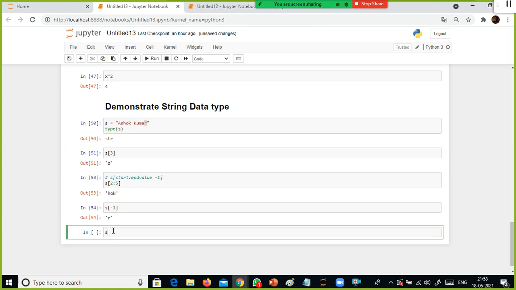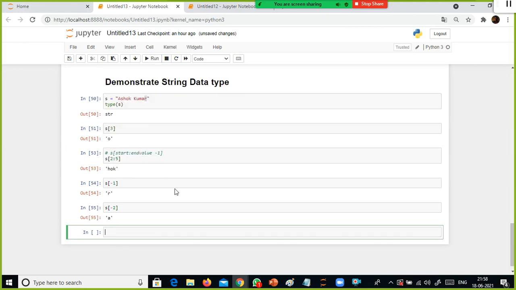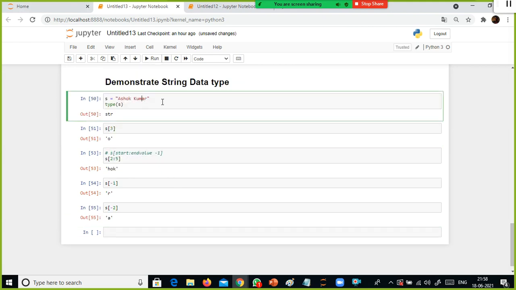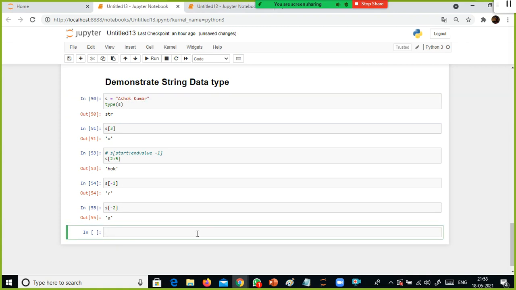If I give minus 2, it is the second value from your right, so A. From the right side, the second value is minus 2. Okay, and supposing I want to select, I am not going to specify anything before the colon. After this I am going to specify 5.